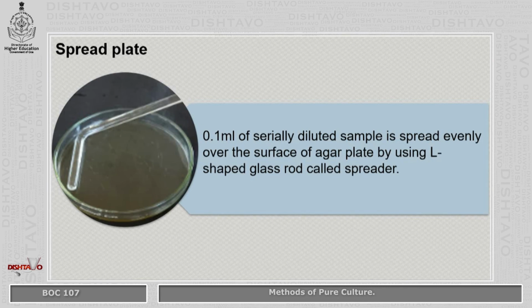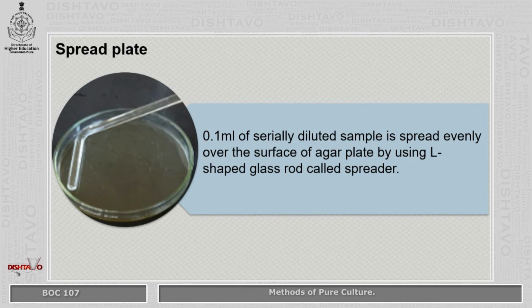We incubate it at a required temperature for 24 hours. And then after 24 hours, we see the microbial growth all over the surface of the media. Now, this particular method is generally used for the enumeration or the quantification of the microbial colonies, whereas the streak plate method is used to isolate the pure strain of